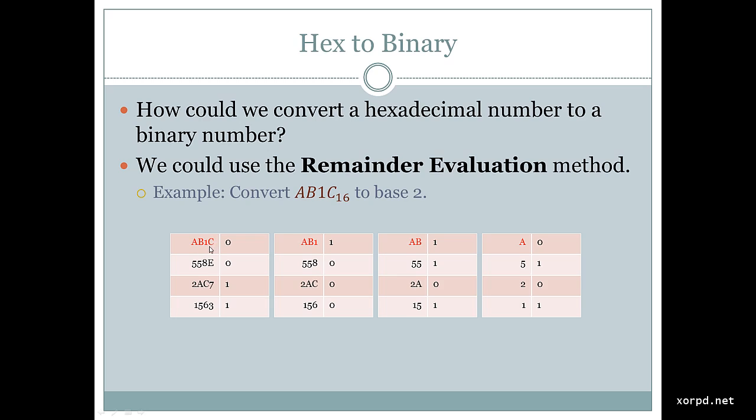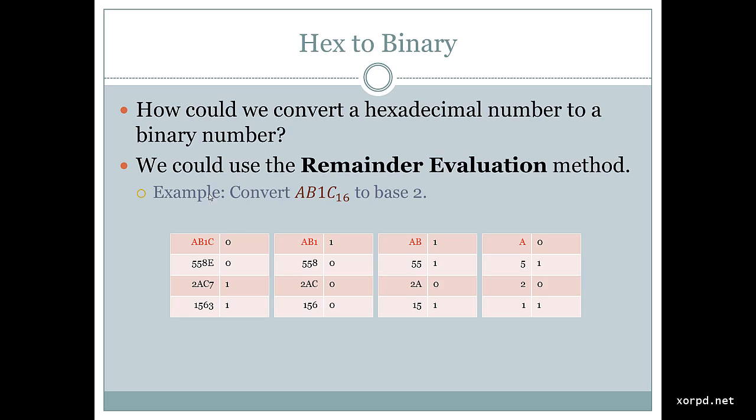Here we can see that C is removed, and we are left with AB and 1. Next, 1 is removed, and we are left with A and B. And next, we are only left with A. There must be some strange relation between base 16 and base 2. Maybe we can say that base 2 understands something about